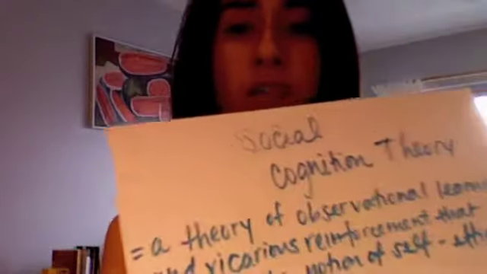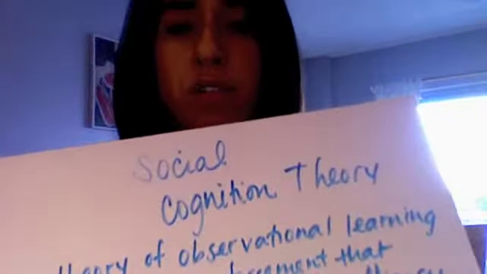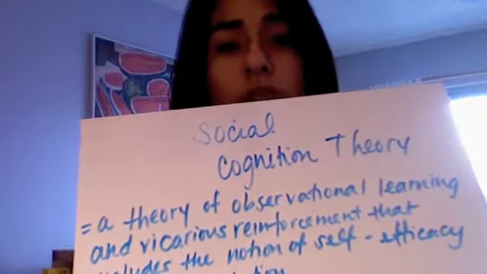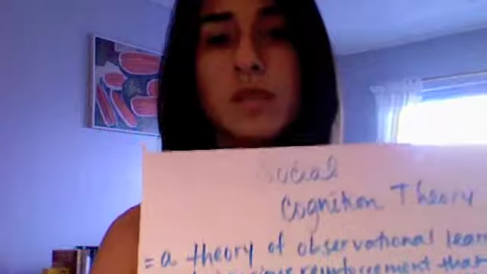I just want to start with a brief overview of what social cognition theory is first, okay? My definition that I've got up here is that social cognition theory is a theory of observational learning and vicarious reinforcement that includes the notion of self-efficacy and self-regulation. Okay,